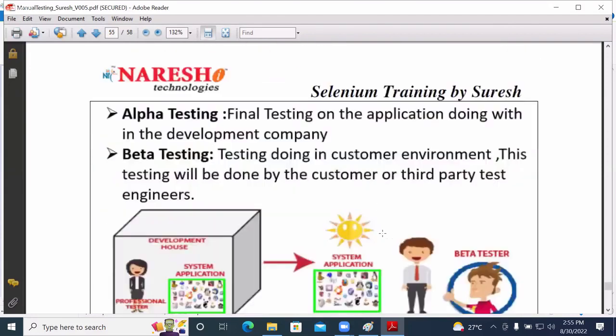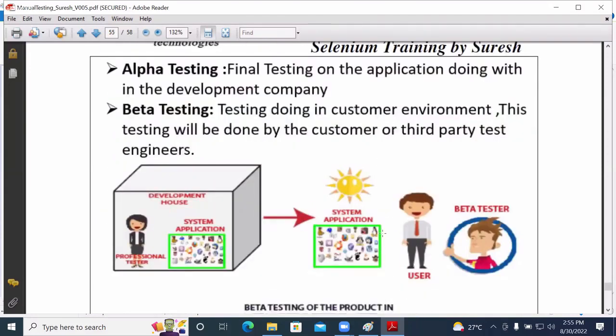In a similar way, we have alpha testing and beta testing. So the meaning of alpha testing is the final testing done by the test engineer. Alpha testing and beta testing are both considered final testing.